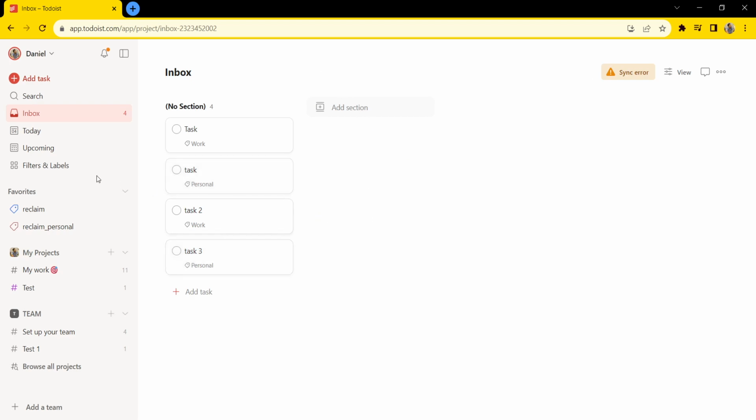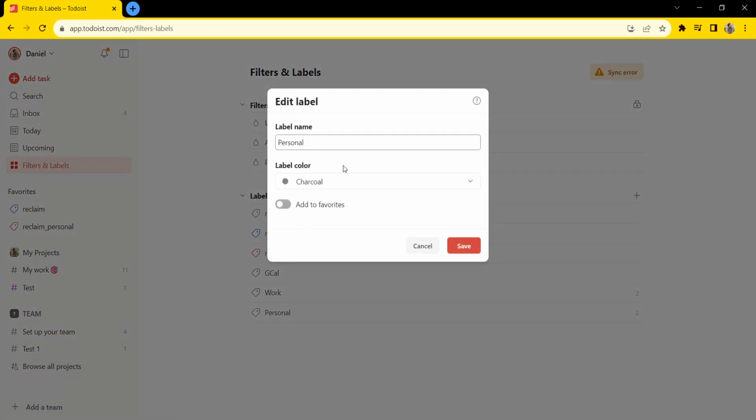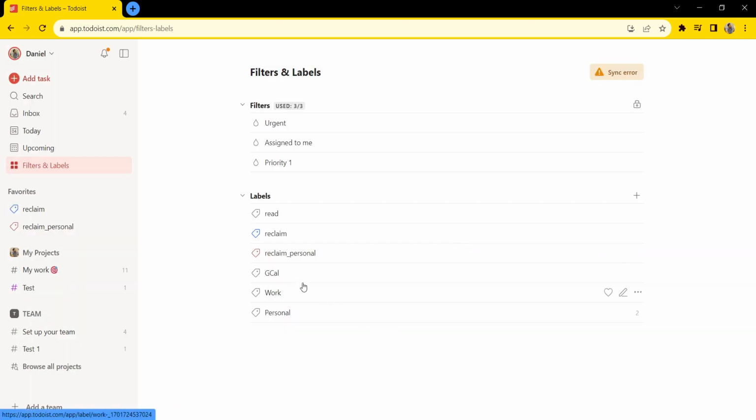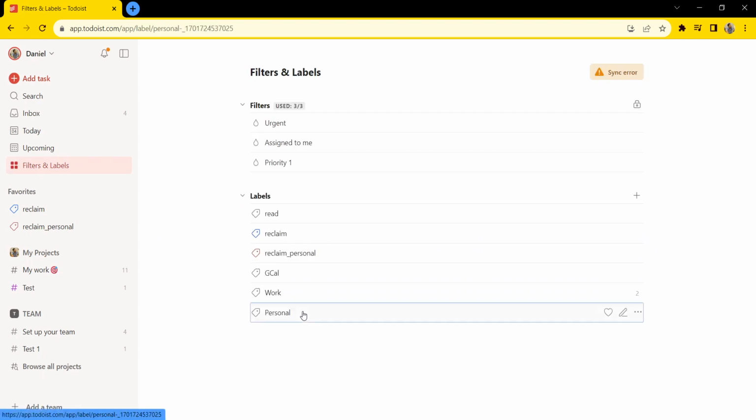And then when you go to filters and labels, you will find work and personal. You can also change the color. Let me change the color to orange. If you click work, you will find all the work tasks, and if you click personal, you will find all